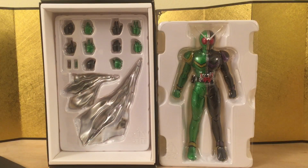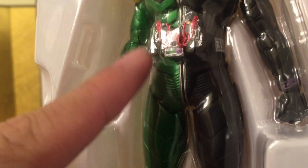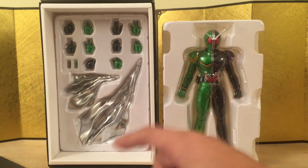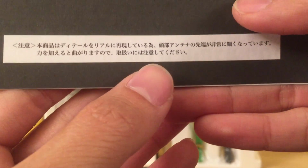So here we have the figure still in the packaging, and he came with 5 pairs of hands, some Gaia Memory, and it looks like we can play with the Gaia Memory this time, because the driver doesn't have a Gaia Memory in it, so I assume you can put it in there, and that is really awesome. And we do have 2 articulated scarves, one longer, one shorter. That's pretty cool too. And here's the instruction paper, and it actually reads that we have to be careful with